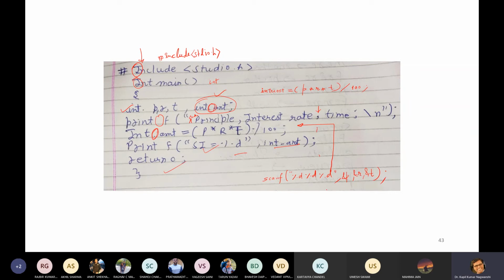Logically the program is correct, but it is not accepting anything, so this statement is missing.